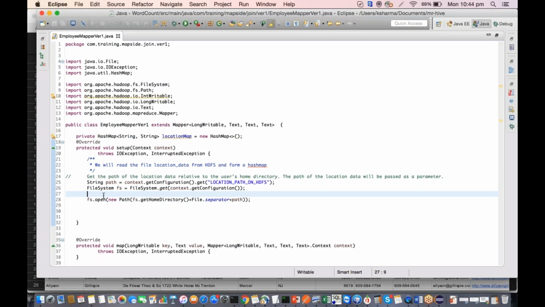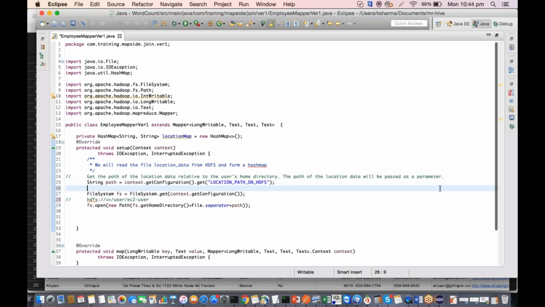For example, if it's the ec2 user, the home directory path would be hdfs://, the address of the name node, I'm not sure, /user/ec2-user, and if the path name is, let's say,